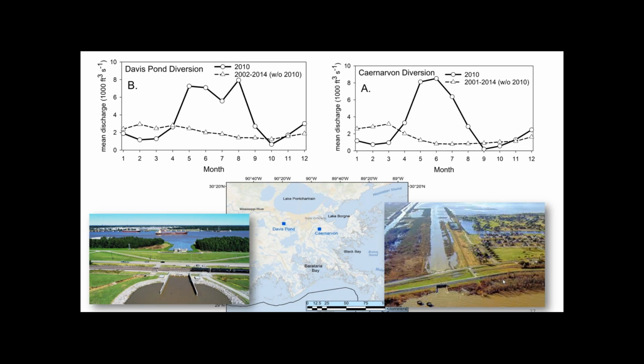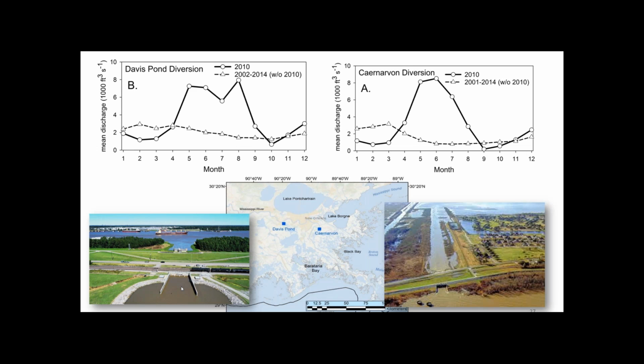These are the two diversions. You can see the pictures of them. This is the main stem Mississippi River out here, and this is the diversion. Davis Pond basically diverts water into the upper Barataria Bay, and Carnarvon basically into Black Bay and eventually into Breton Sound. You can see that in 2010, the levels of water diverted in terms of the mean discharge were very